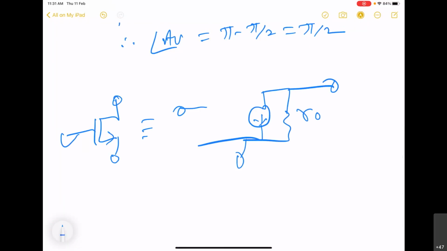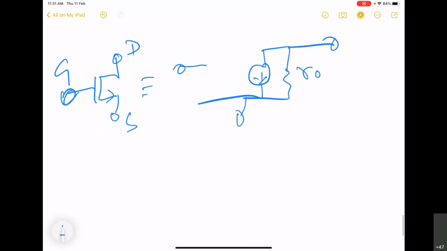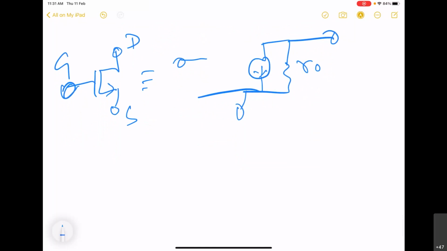Because we will see, in fact, we have already seen, that there is an electric field originating from one point and terminating at another point. So one can always define a capacitance between those two nodes. So there will be capacitances between the drain, source, and gate. And because of that, there will be various capacitors. And as soon as a capacitor appears between any two nodes, it will start offering